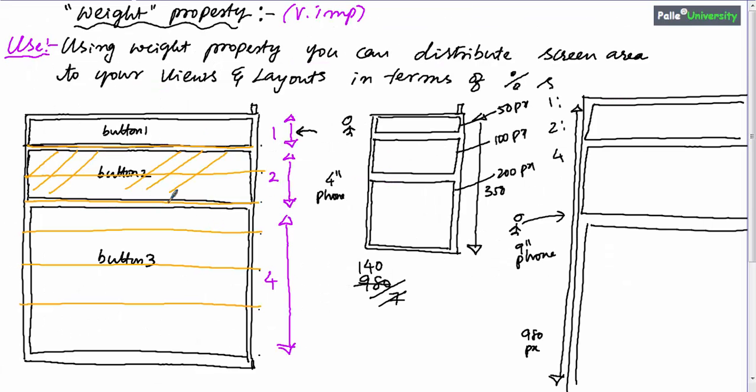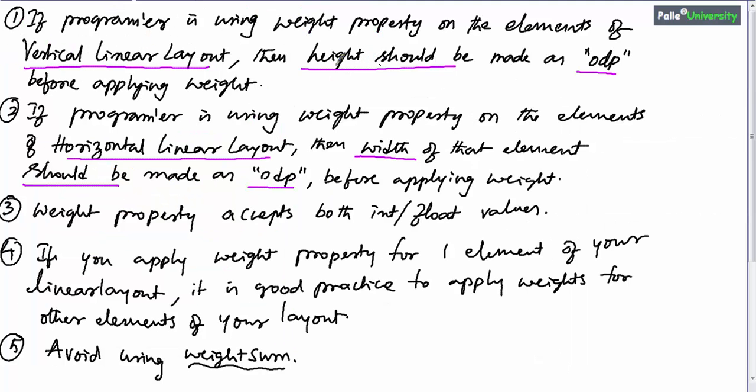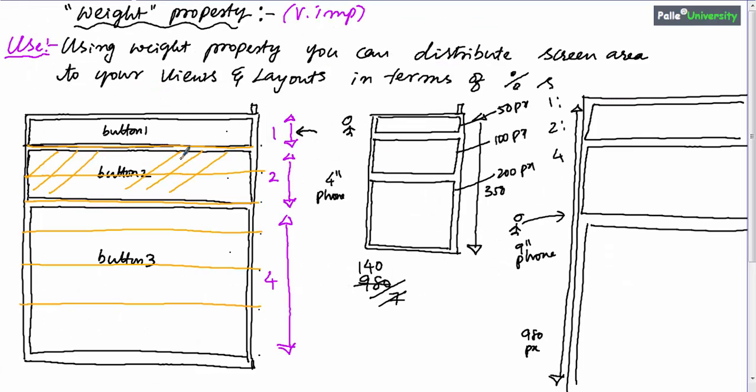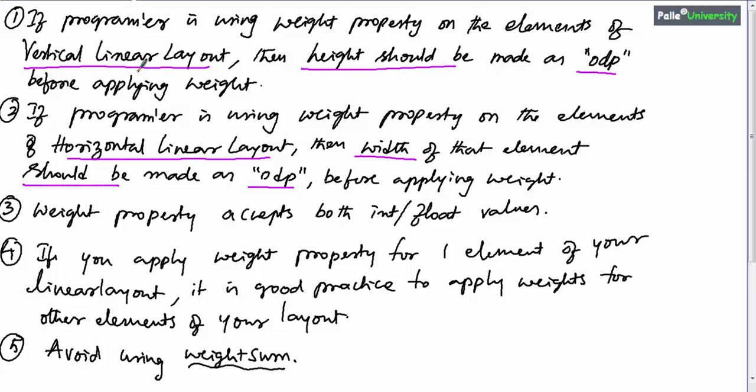Now let me show you how to design the screen directly in Android Studio. Before going to Android Studio, I will explain briefly. I am going to take a linear layout, which is vertical linear layout, because these elements are positioned one below each other. Since we need weight proportions, and these elements belong to a vertical linear layout, should I make height as 0 dp or width as 0 dp? Obviously, for vertical linear layout, we should make height as 0 dp so that the outcome will come more accurately. Whenever you make either height as 0 dp or width as 0 dp, it is mandatory to give weight property.